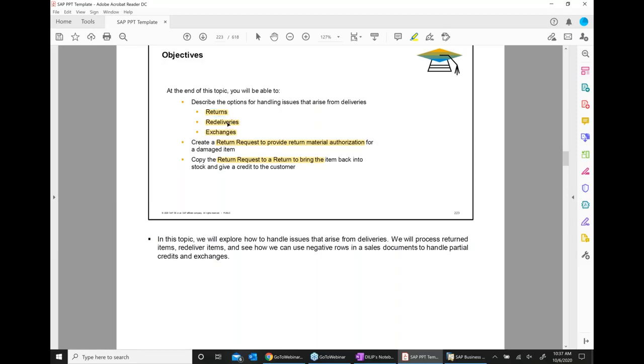Then we can also have something called redelivery. Redelivery basically means that the customer has returned the material, and after the return has been done, we can send the material back. So that is also possible.